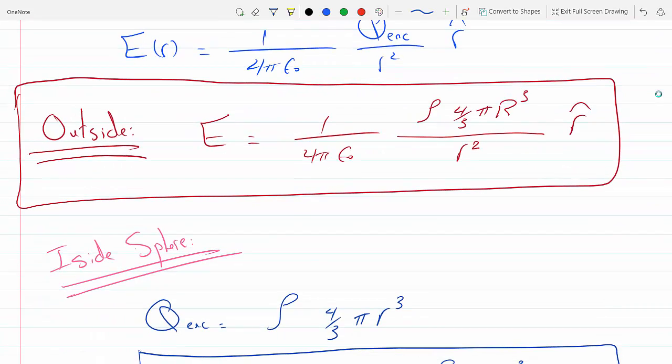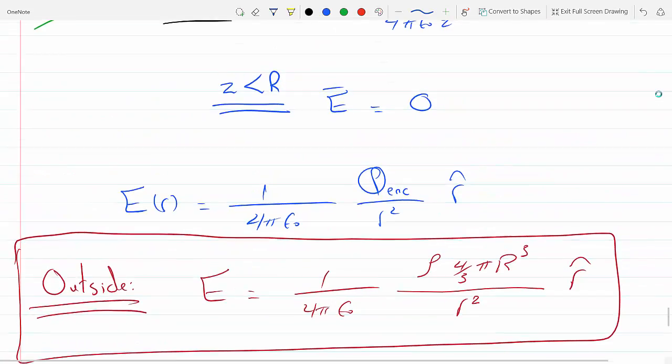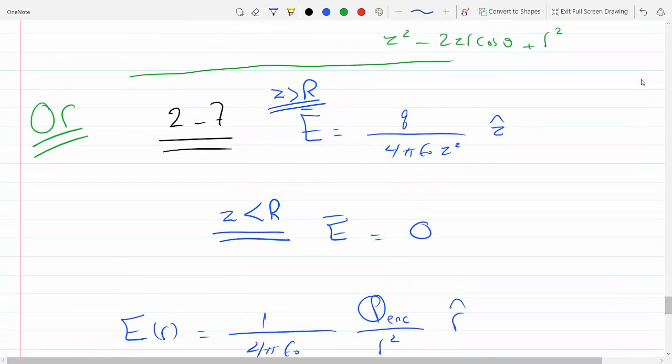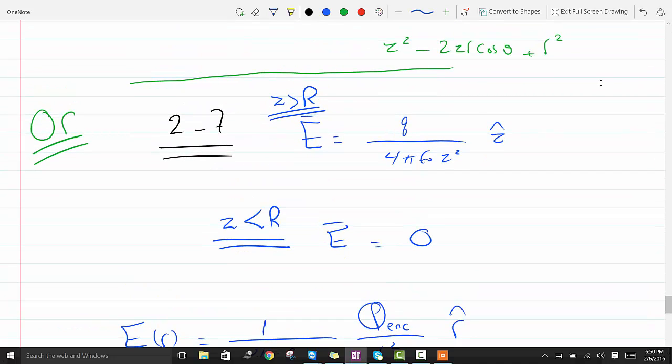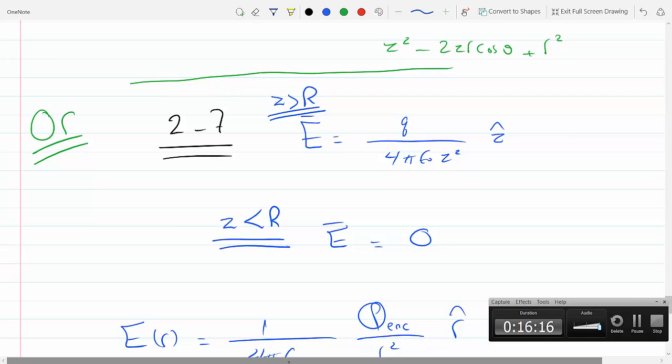You can go back and recast it in the radial direction, but that's what it is. Questions on this one? So now, do you know how to set it up or no? I think so, it's basically